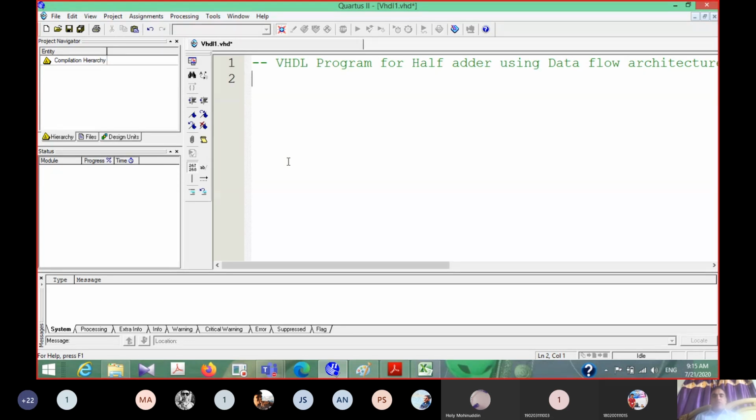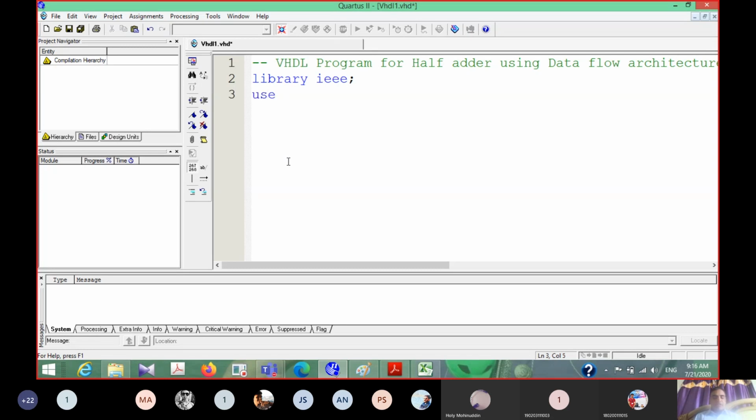In VHDL, we know there are three parts. One is the library declaration. Let me first declare the library. The syntax to declare the library is the keyword library, and then the name of the library, which is IEEE. The second step is which package we want to use from this library.